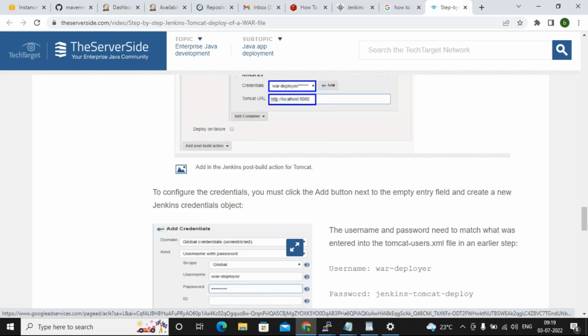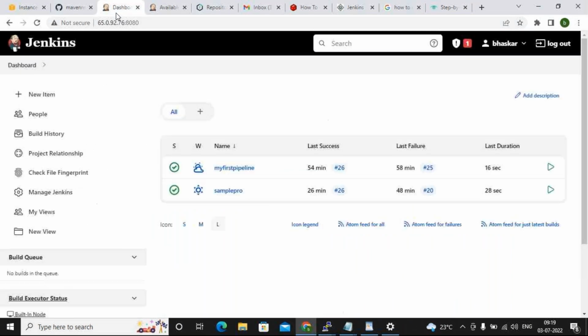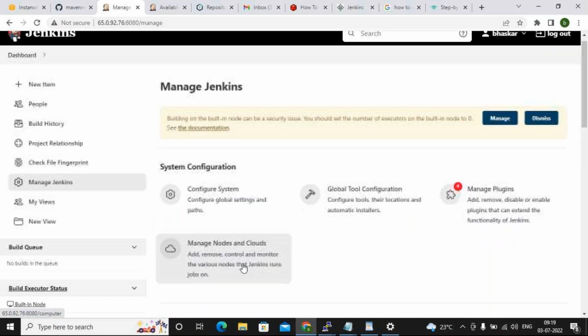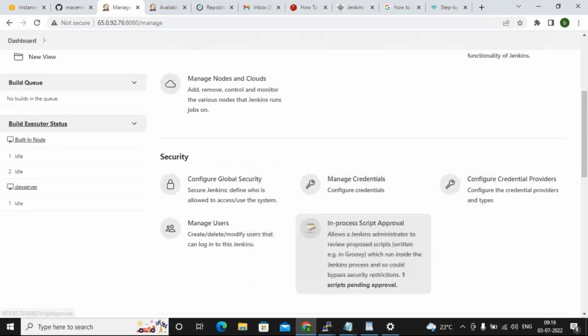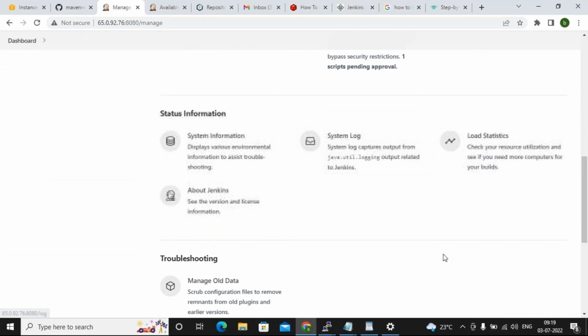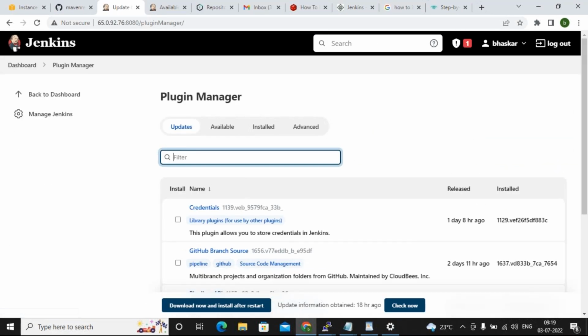If I ask you about Nexus, I showed Nexus from the slave machine, so you have to find the plugin. Generally, 99% of the time if you search with the name, you will get the plugin names. Now I need Tomcat, so just search with Tomcat. You may get different plugin names available.